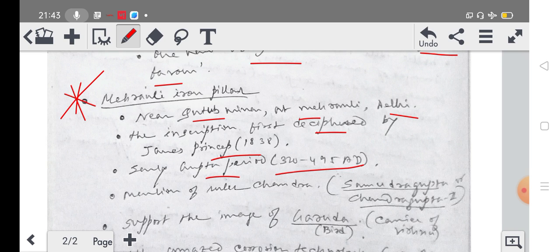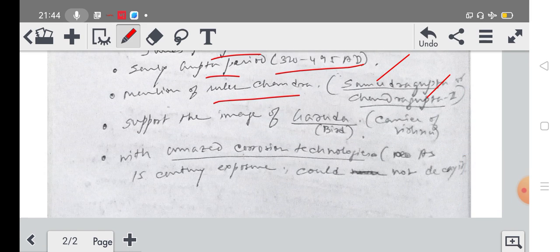It was also asked: the Mehrauli iron pillar is of which period? The answer is the early Gupta period. There is a mention of a ruler Chandra, which is very controversial. It can be Samudragupta or Chandragupta II, but most of the opinions ratify that it was Chandragupta II. Okay, and